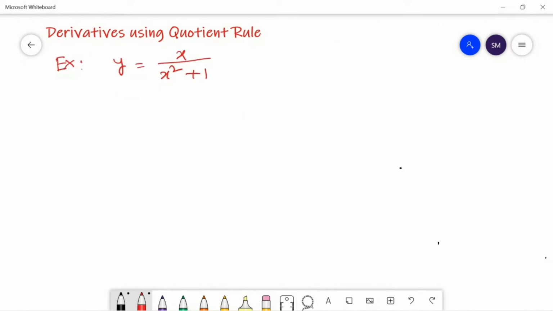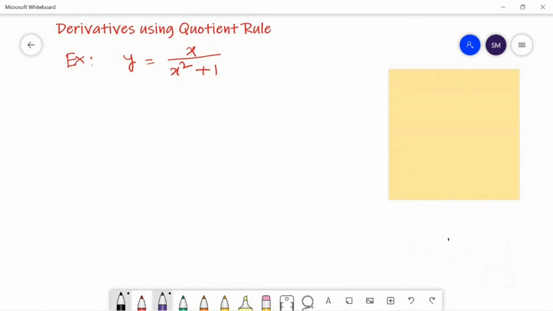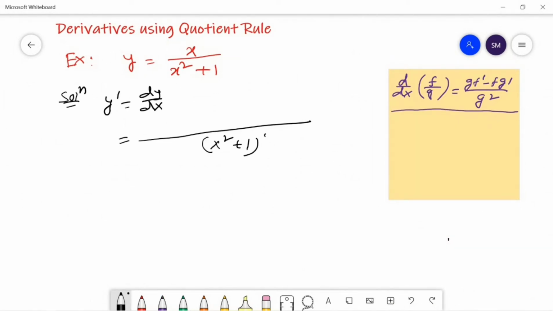So our first example is y is equal to x over x square plus 1. On the right hand side, I will recall each time the rules we are going to use for the problem. In this case, we first use the quotient rule, and that's written here. So applying the quotient rule, we get y dash is equal